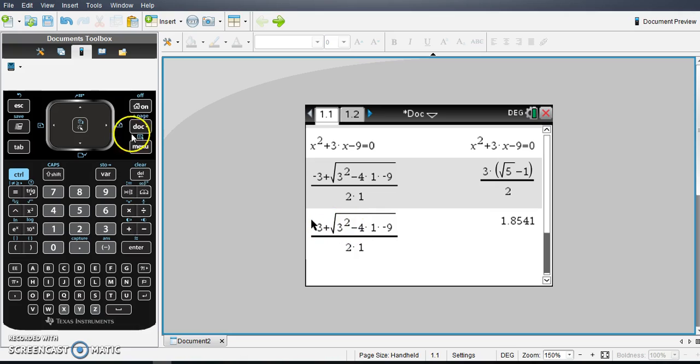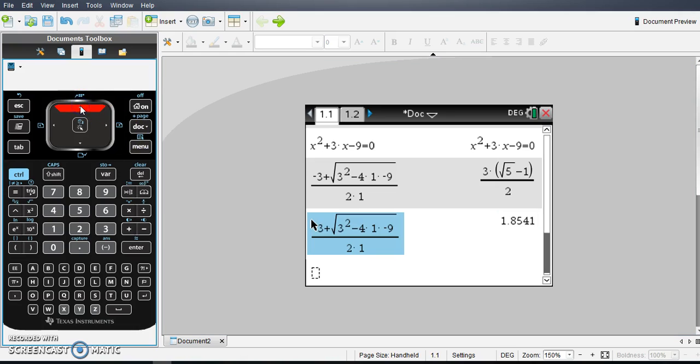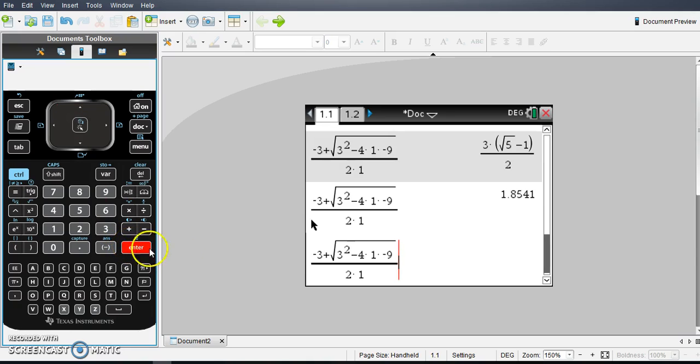So rather than writing all of this out again, I can just go up, up. So press the up arrow twice. And then if I press enter again, it brings this expression down here. So I've just selected this and pressed enter. Then I can use my cursor to go back along,